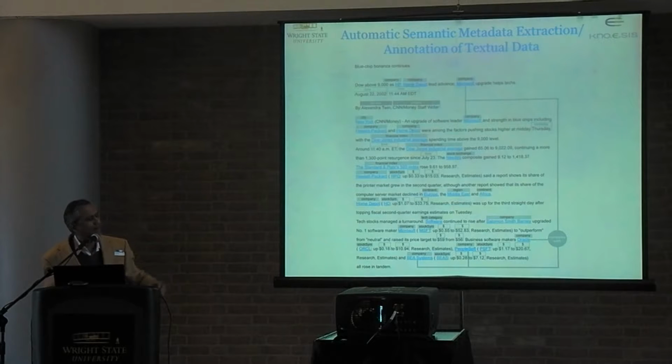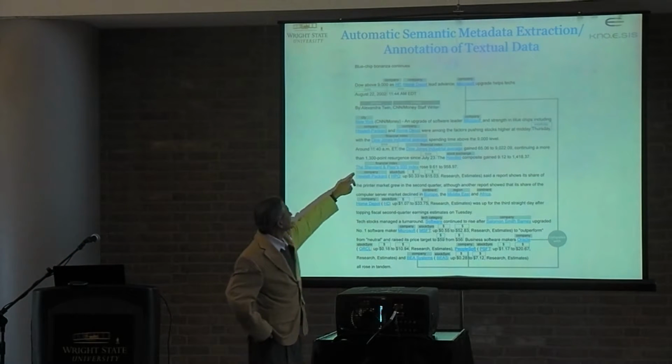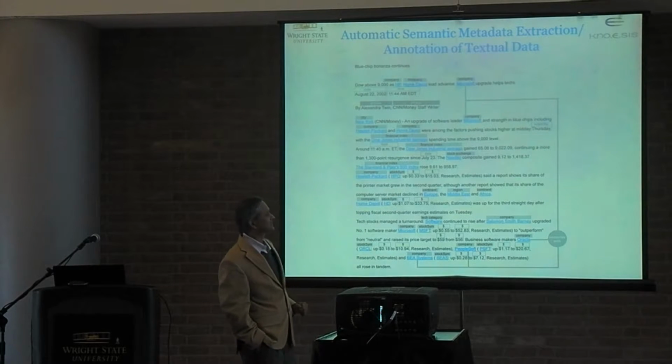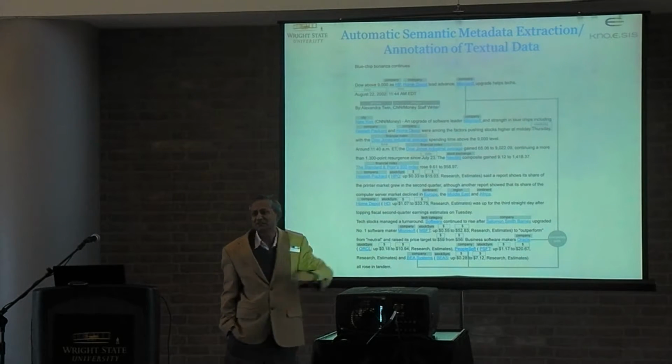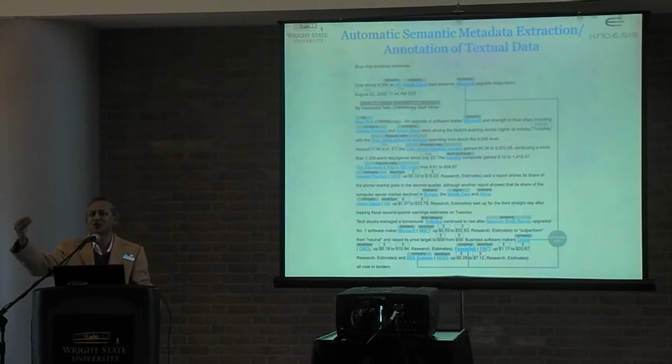So here is a slide from the year 2000. In fact, 2002 in this case, August 2002, for the technology that we developed in 2001, where you can see that this is a text, but the system understands that. You see here, the Standard & Poor's 500 index is a financial index. Financial index is a concept in the ontology, and there are many indices out there, right? One of them is Standard & Poor's, another is Dow Jones